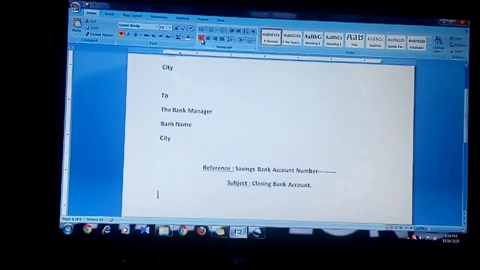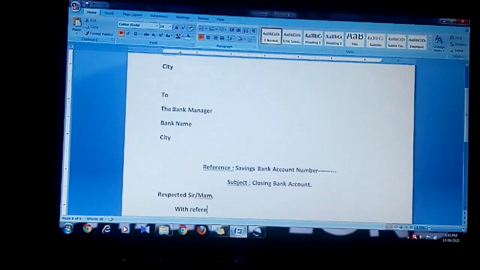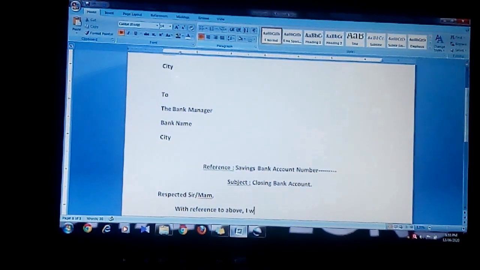Again, by selecting the left alignment, here you can type respected sir, madam, comma, enter, the tab keyword, with reference to above. Then I would